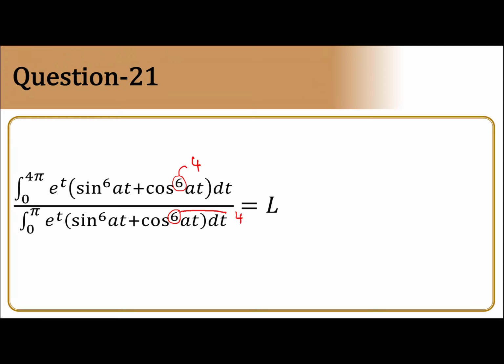This is question number 21. So basic idea, we can't do anything in the denominator. So we try to simplify the numerator in such a way that you get a denominator term. That is the main secret behind this. So what we do is, here 0 to 4 pi, we take the concept of periodicity. We know 0 to nT f of x dx can be written as n times 0 to T f of x dx. So here periodicity we have not taken in any problem, that's why this problem is taken.